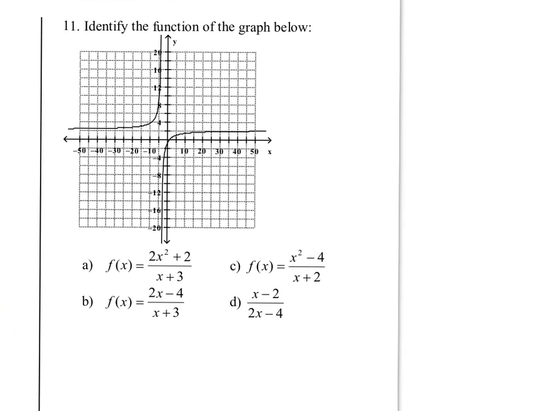Number 11, identify the function of the graph below. Now there are several different ways you can solve this problem. The one that I'm going to focus on is using your horizontal asymptotes. So HA, horizontal asymptotes. If you remember our little trick to remember the different types of horizontal asymptotes, we've got